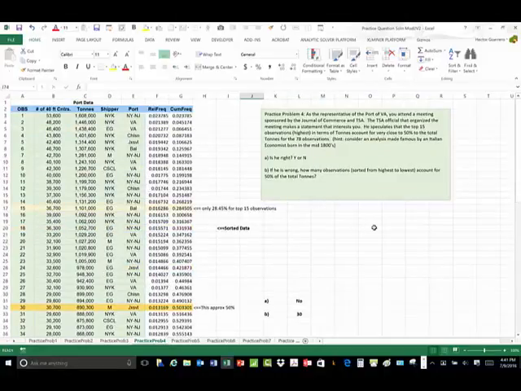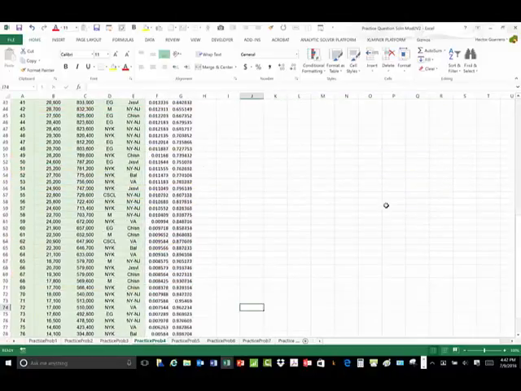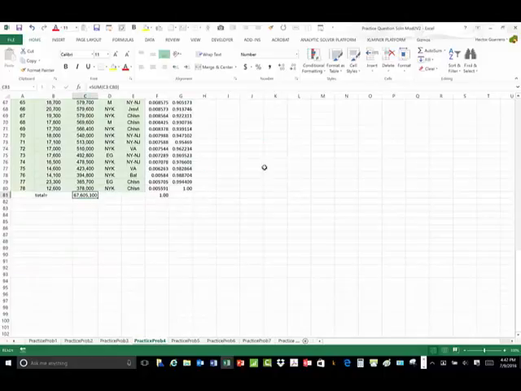So let's do some analysis here. The problem says that the TSA official that organized the meeting makes a statement that interests you. He speculates that the top 15 observations, 1 through 15 now, that they're sorted in terms of tons of cargo, this particular column, represents very close to 50% of the total tons. So we need to find out what the total tons are. Total tons are down here. Looks like